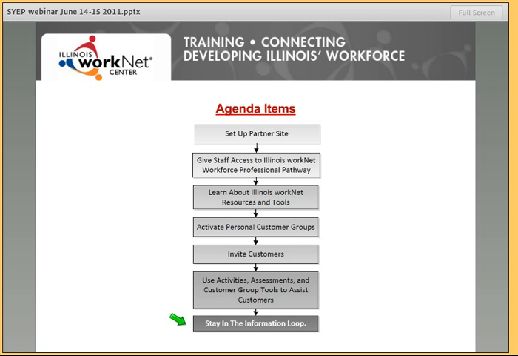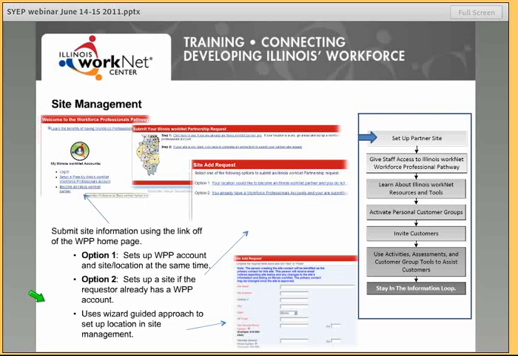So we have some assessments that are in the works to be released through Illinois WorkNet, and so it is important that you are set up properly and you're associated with the correct location. If you know that that's available on the Workforce Professionals Pathway,